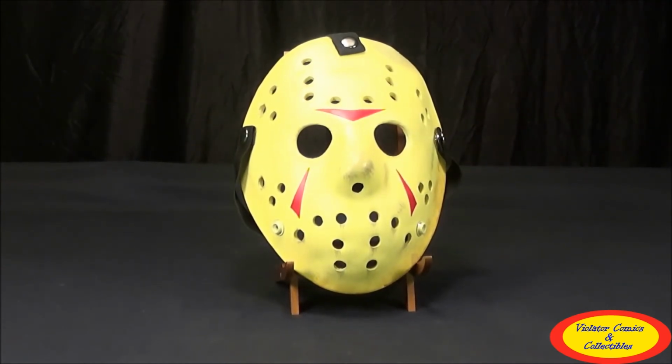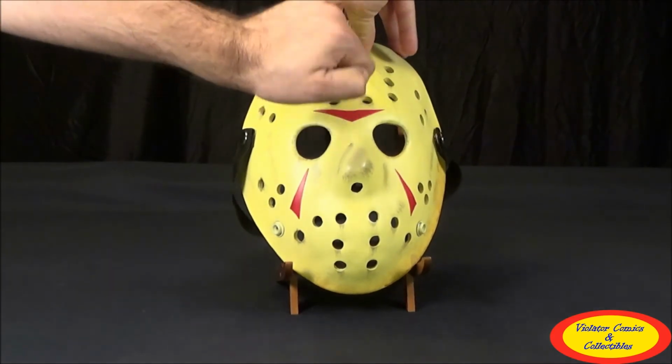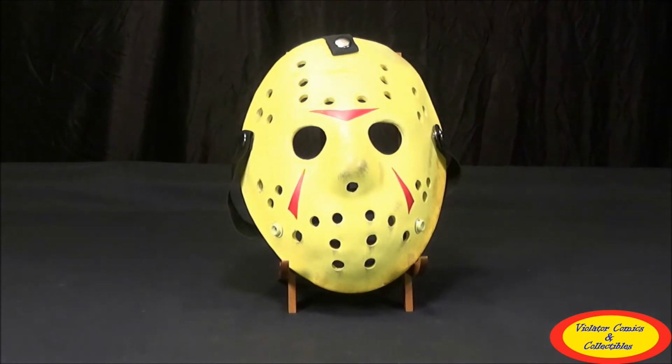This is not like a cheap plastic mask. This is somewhere between a resin and a plastic. It's actually really hard. It's very hard, to the point where if you were to drop this, I would assume it's going to crack. I've seen people have cracking problems with the Freddy vs. Jason NECA mask. I don't know if they changed the formula of how they make it, but this definitely,